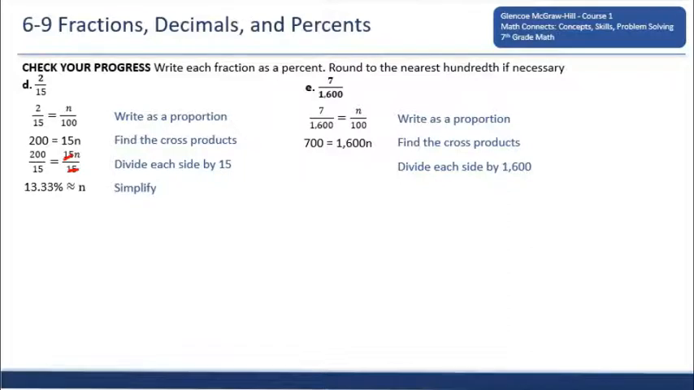We're going to divide each side by 1600 to get n by itself. So 700 over 1600 equals 1600n over 1600. We'll simplify out the 1600s, and then we'll divide. You can use a calculator, and you get 0.44%. F is 17 over 25. Now this one you could almost do in your head because we want to get the